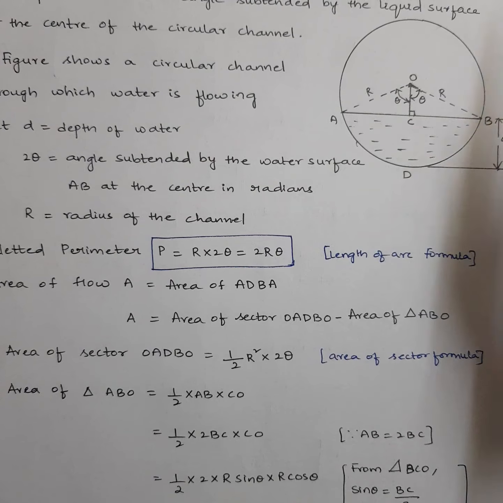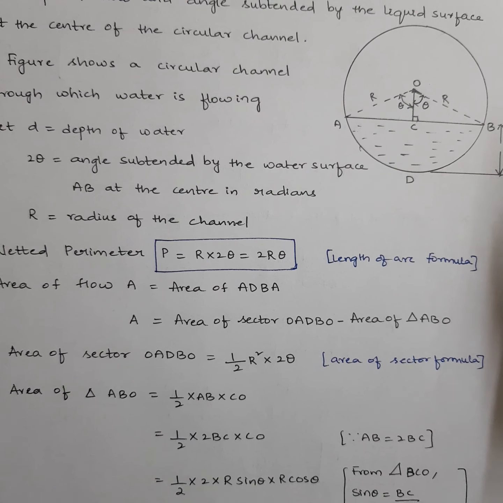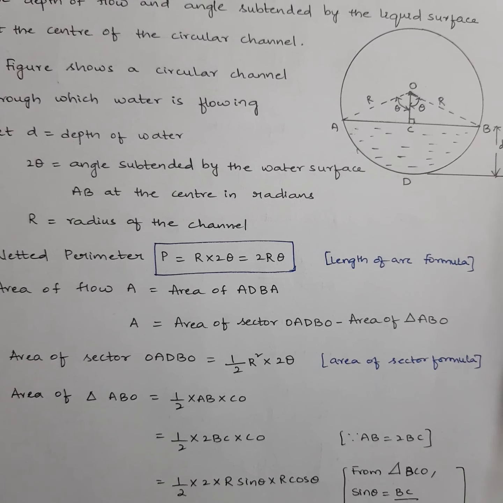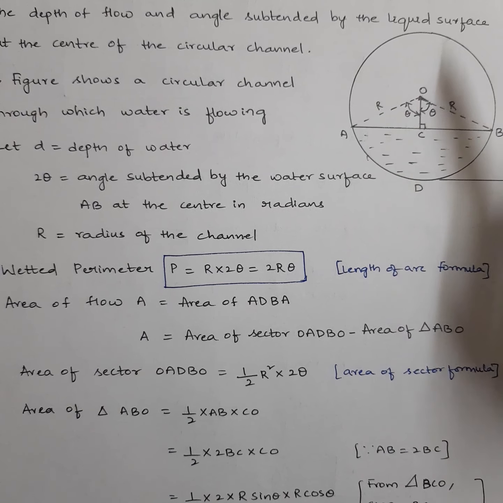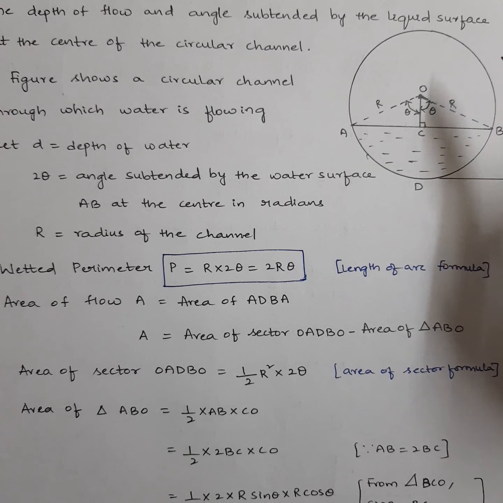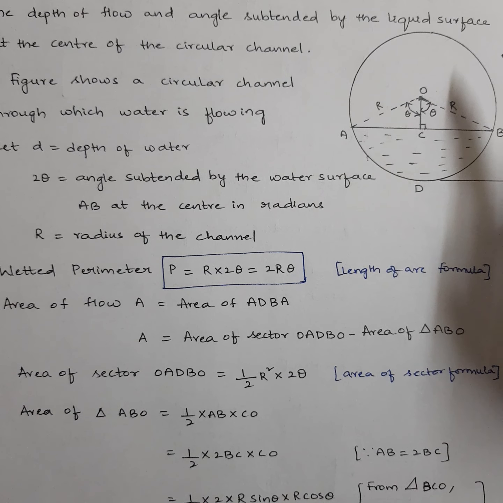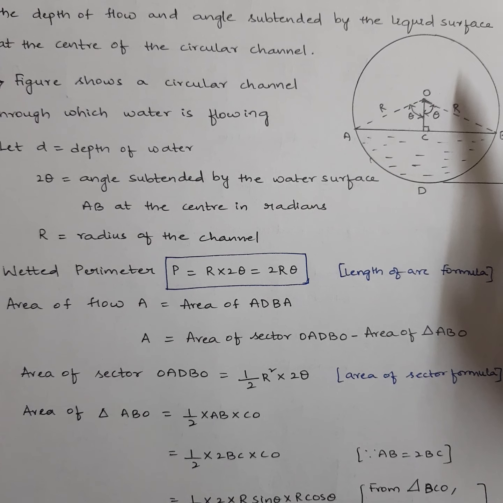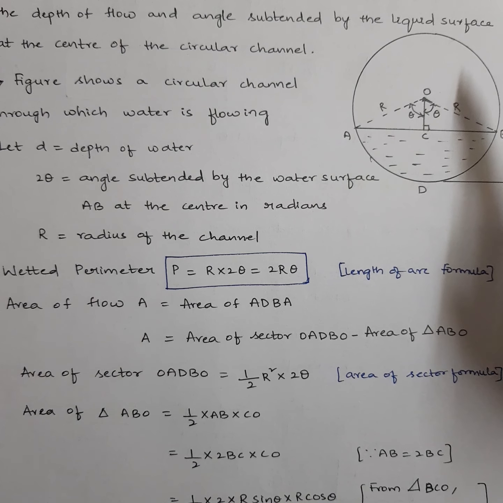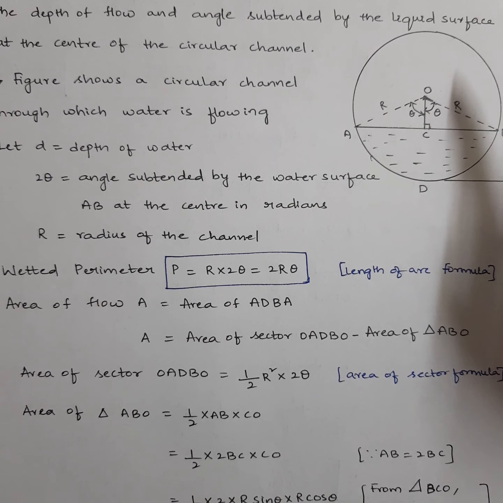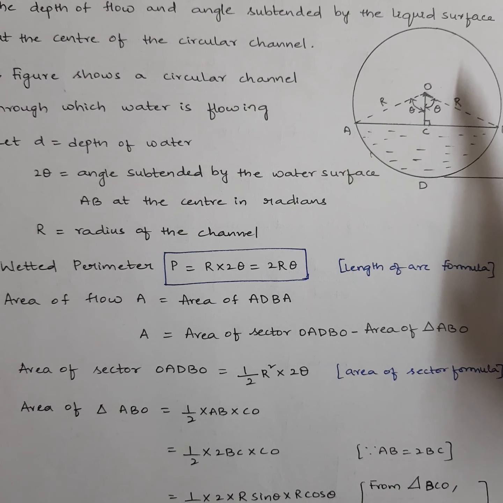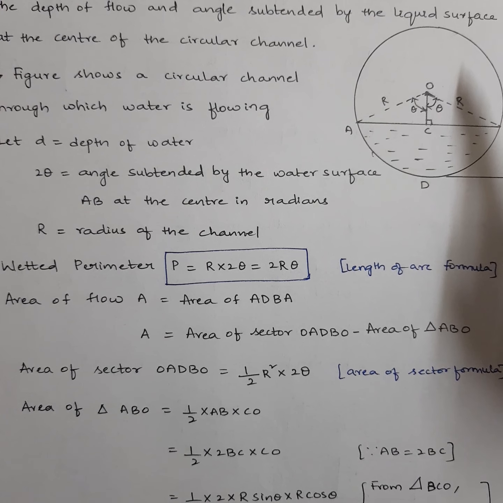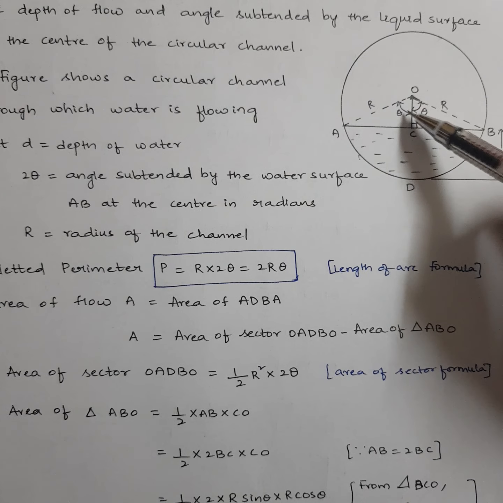Again, just Google out, area of sector formula is given by half r square into theta. So here half into r, our capital R, into theta at the center, 2 theta. Remember one thing, when you are using geometrical formulas, theta means angle subtended at the center. When you Google, you will get the formula like half r square theta, where theta is the angle at the center. For us, angle at the center is 2 theta.